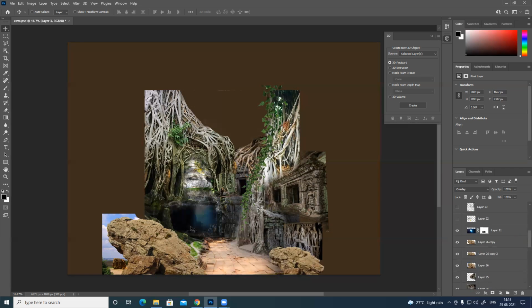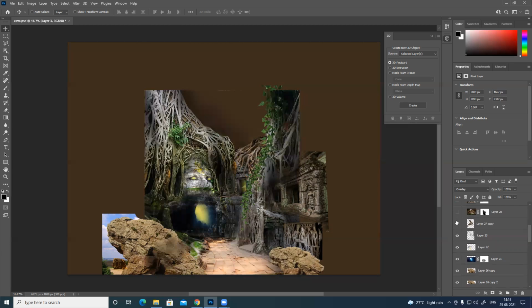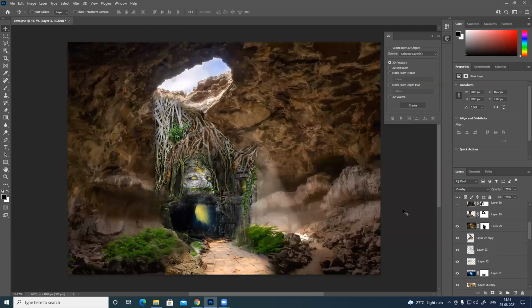Then overall, to make this a little more visible, I added this photo, and this is manual paint over to make it a little brighter and a little more interesting, with some light coming from the cave. Some paint over, roots. Then I added this image for the cave.